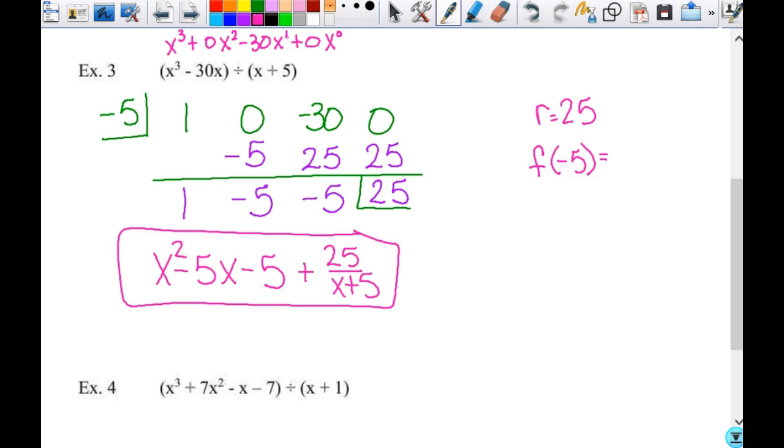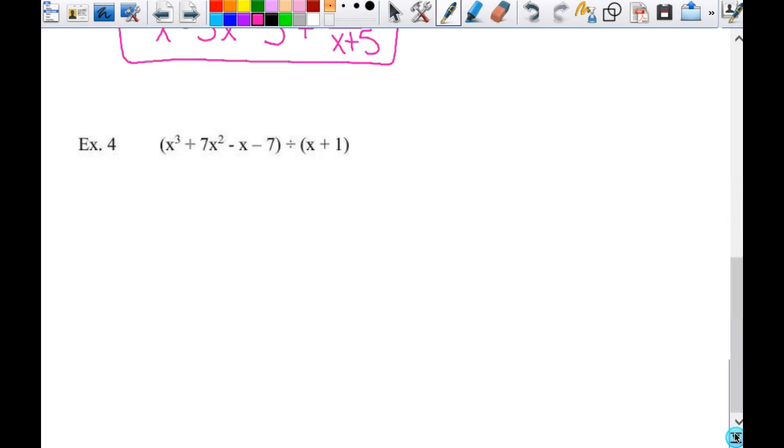And then f of negative 5 equals what? 25. It's whatever the remainder is, right? No big, but you need both parts there. Work, all that stuff. If you were to do this with long division, the long division took a lot more work, right? Basically, this collapses it all, and it does make it a whole lot simpler and a little bit quicker. But again, it doesn't work for every type of division that you're doing. Okay, we all good? Jasmine, you good? Yes. Okay. All right. So let's look at the next one, and let's go ahead and do this one